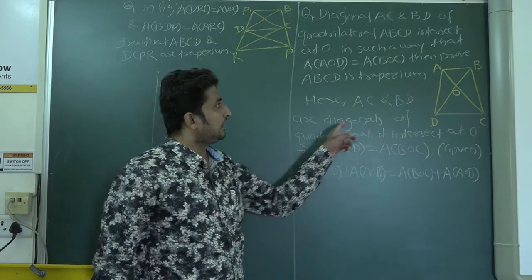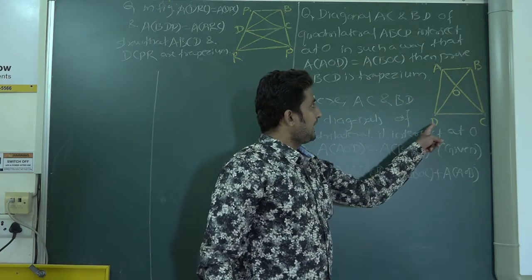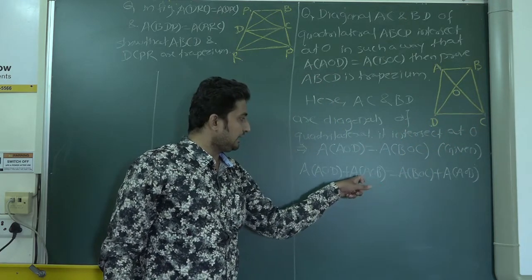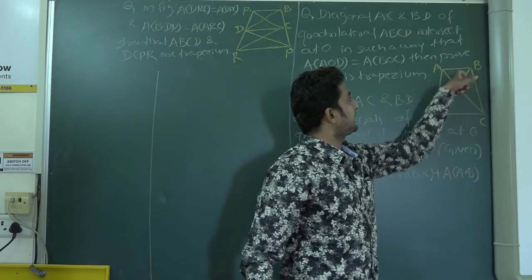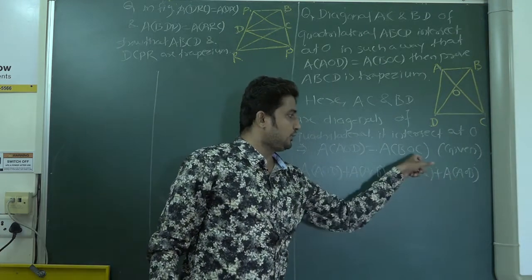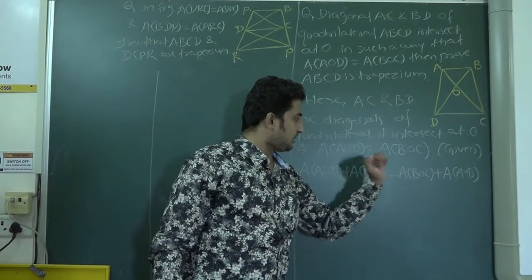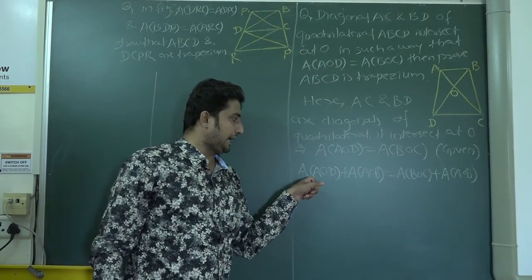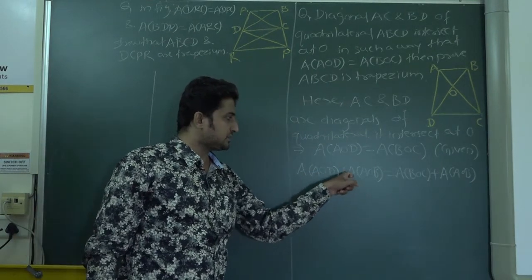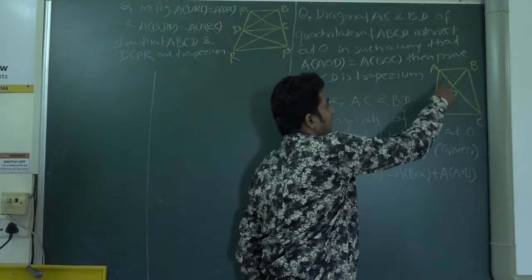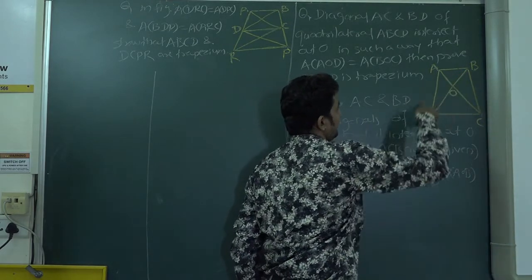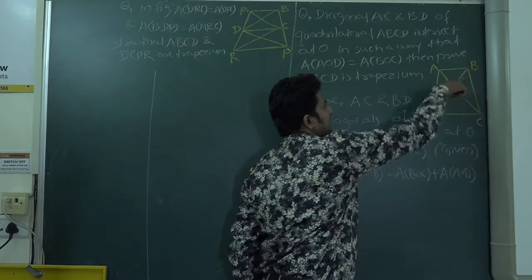Dear students, in this result we are adding this upper triangle AOB to LHS and AOB to RHS. Now dear students, tell me, area of AOD plus area of AOB is equal to what? This total triangle,